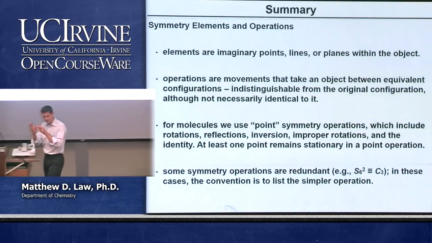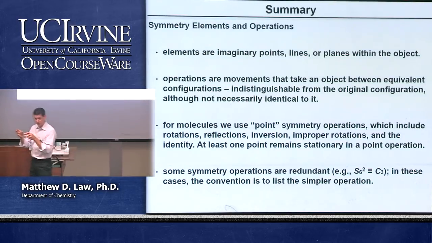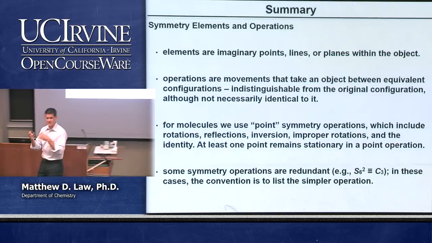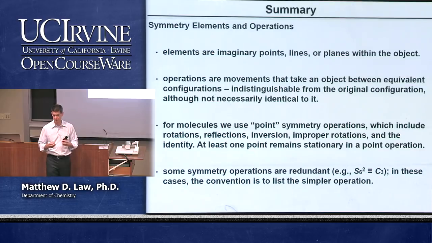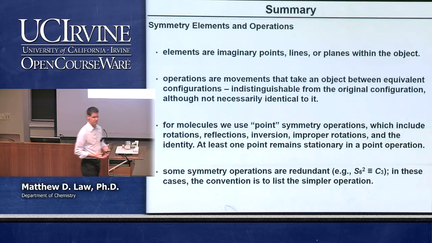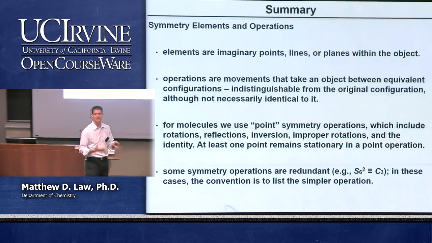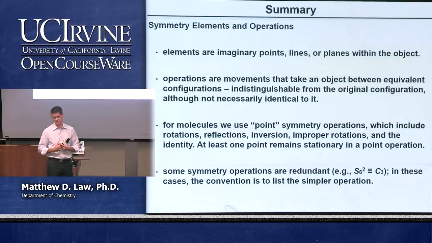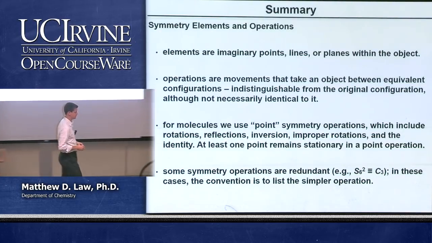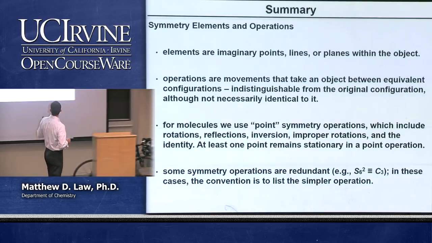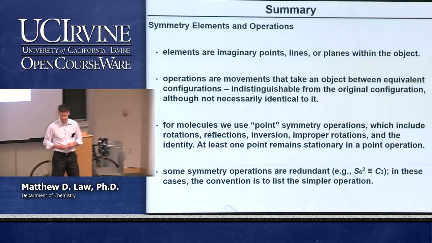If we have our little labels on our atoms, like for staggered ethane, there were lots of equivalent configurations that were indistinguishable if we took the labels away, right, the imaginary labels. But an identical configuration is one in which the labels are in exactly the same place as well, right? So if we perform the identity operation, we have identical configurations. Right? So there's a slight distinction there that sometimes is important. Equivalent or indistinguishable, not necessarily identical.